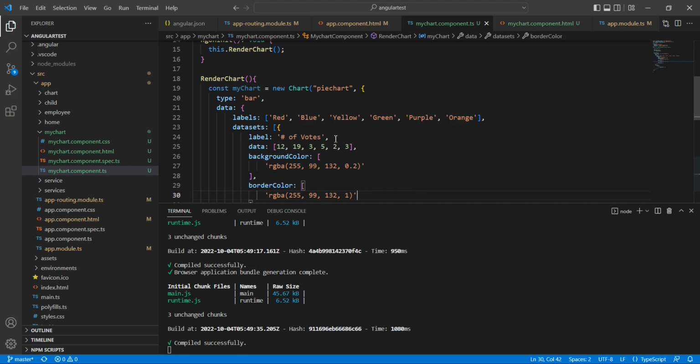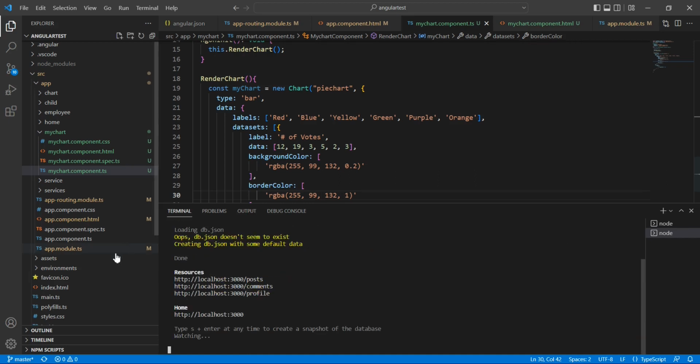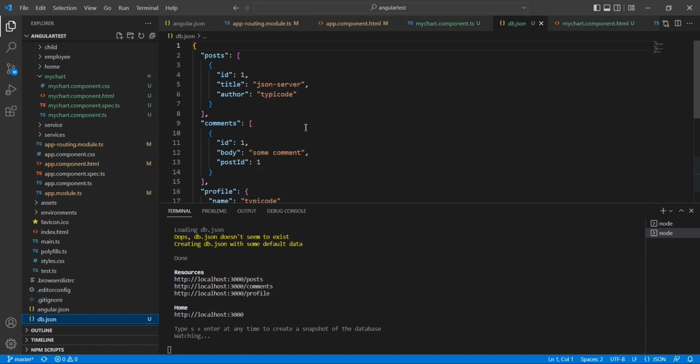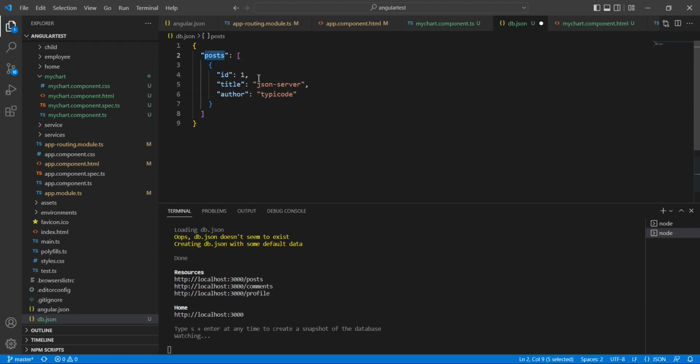from our API. Okay, so now I don't have any API, so let me use this JSON Server REST API. So the JSON server is already installed in my machine, so let me execute the watch command. Okay, great, our JSON server is ready. Let me go to this db.json file. Here let me remove these comments and profile. So instead of this posts, I'm going to make this as sales, and here this ID is not required. Instead of that, I'm going to use this year